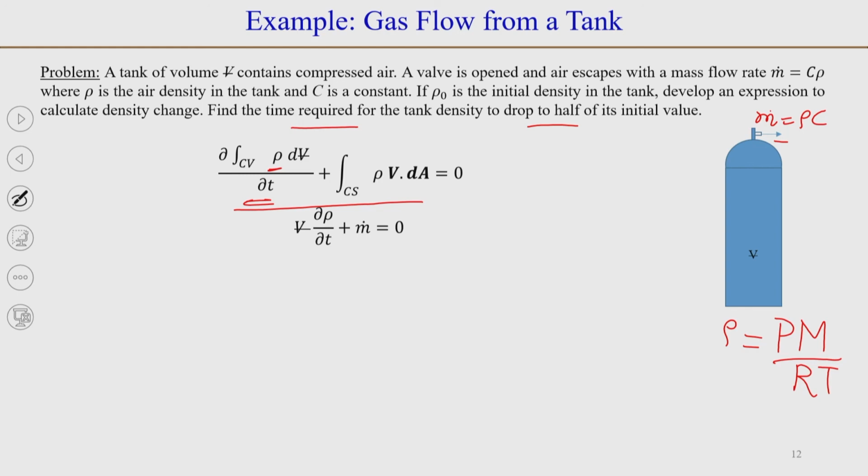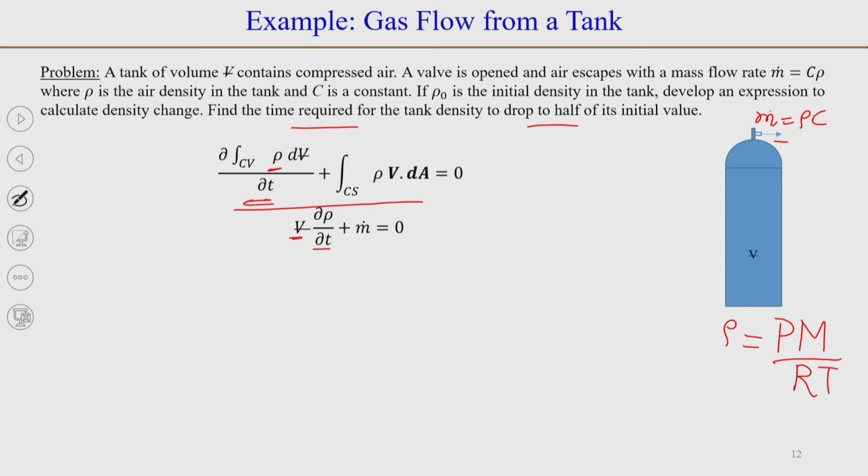So, over the volume, when you integrate over the control volume, rho is constant. So, we can get rho out of the integral. So, del rho over del t, and when you do integral dV, you will get the volume. So, V del rho over del t, this is the first term,